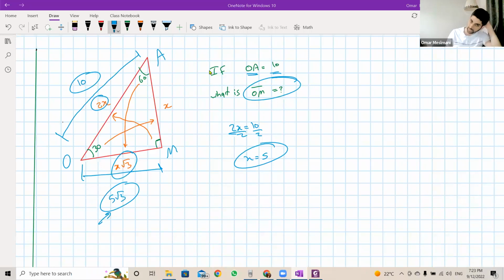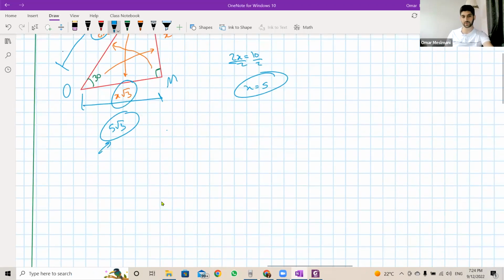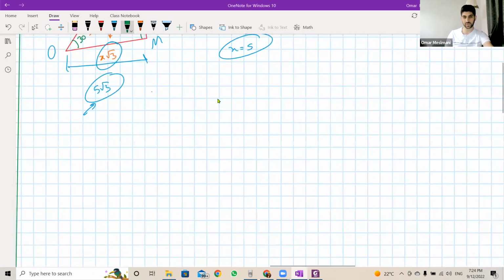Not 3 root 5, 5 root 3. Okay. All right. So this is the first type of special right angle triangle. We have a second type, right? So the second type of a special right angle triangle